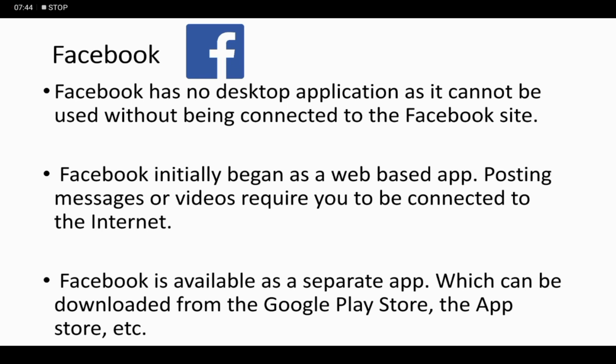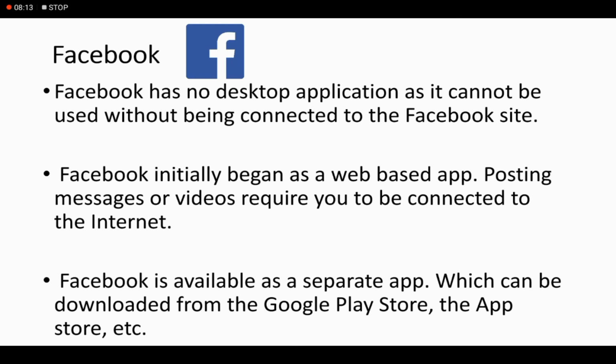You need to search for Facebook on your browser so that you can use it on your desktop PC. Facebook initially began as a web-based application. Posting messages or videos requires you to be connected to the internet.